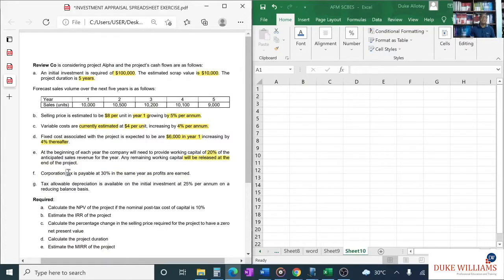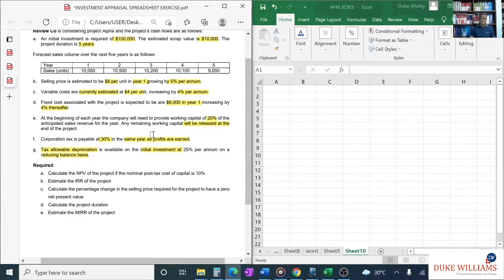That is also noted. Then tax, it says corporation tax is payable at 30%. That's our tax rate. But interestingly, it said it's paid in the same year as the profits are earned, meaning that our schedule for the NPV will end at year 5 because it's not paid one year in arrears. Tax allowable depreciation is available on the initial investment of 100,000 at 25% per annum on a reducing balance basis. So that is what we have. So these are typical elements in a standard NPV question